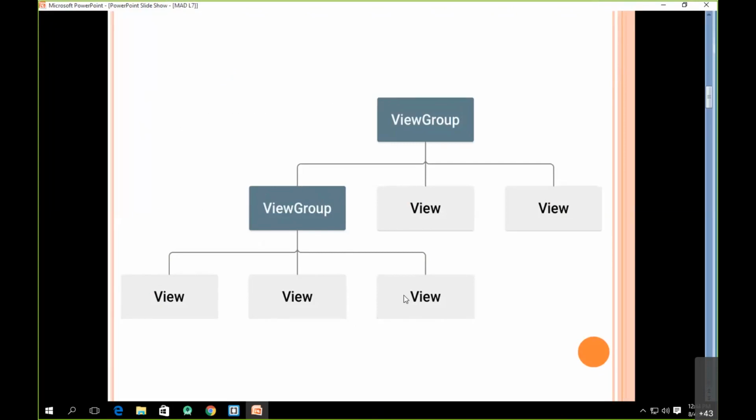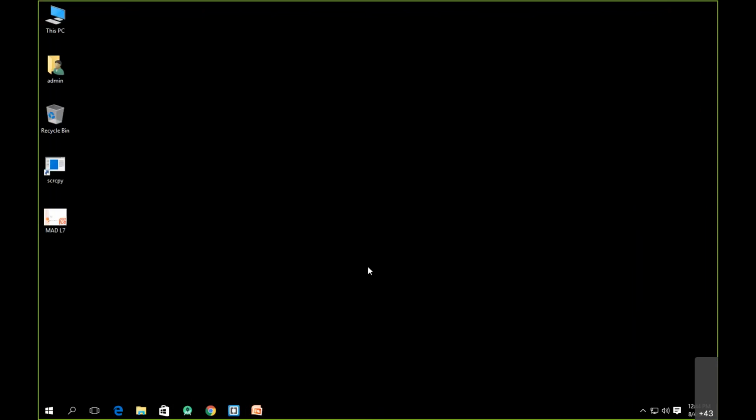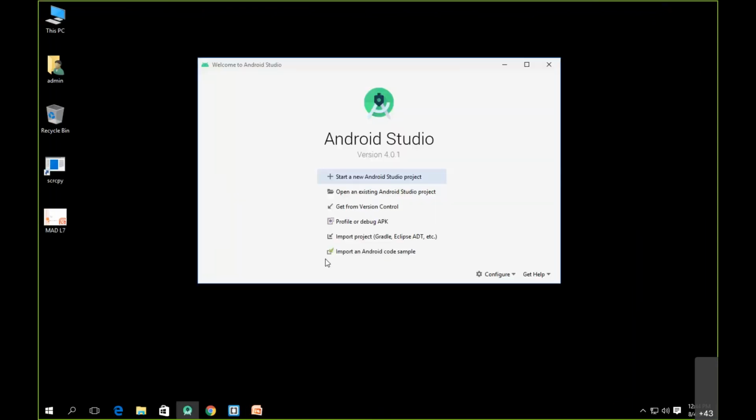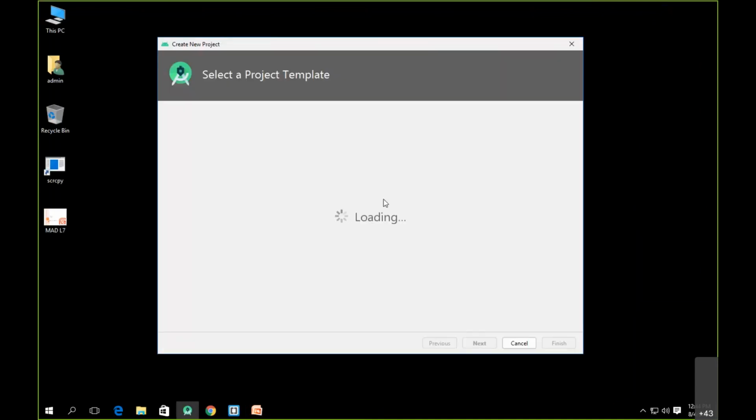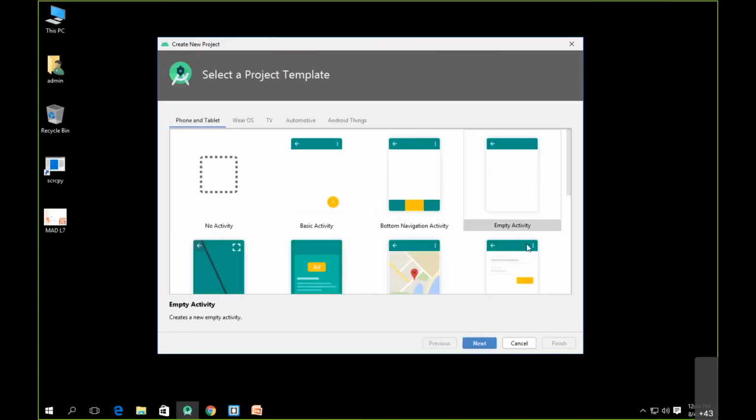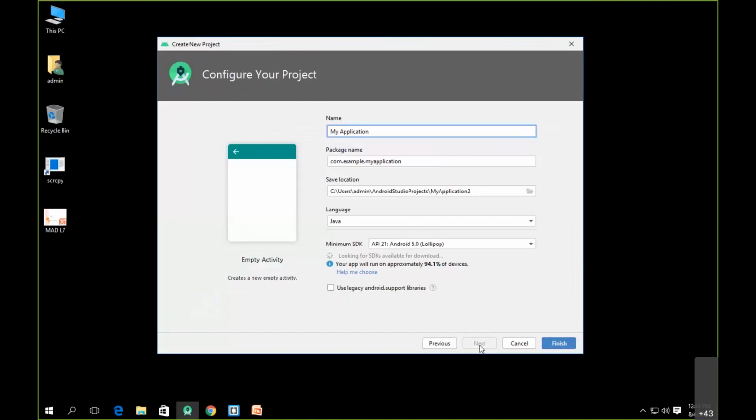Now let's try to understand it in terms of a practical. For that, we'll be launching Android Studio, and in this Android Studio, we'll be creating one project. In order to understand views and view groups in a better way, we'll take an empty activity. So I'll select an empty activity, and click on next. Here you can give any application name. I'll give the application name as demo layout,